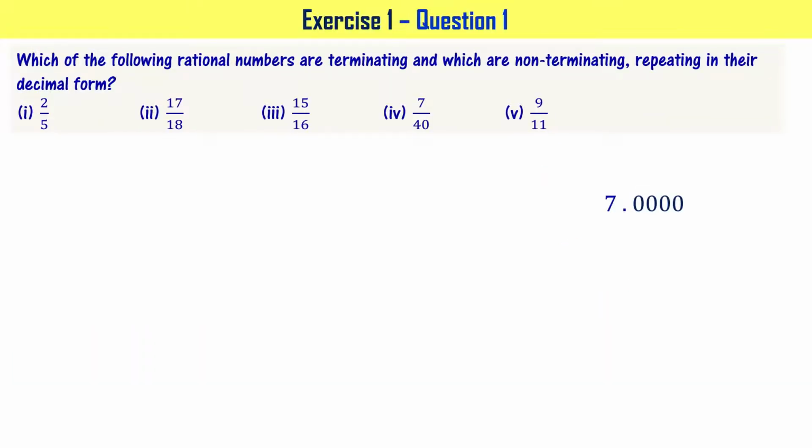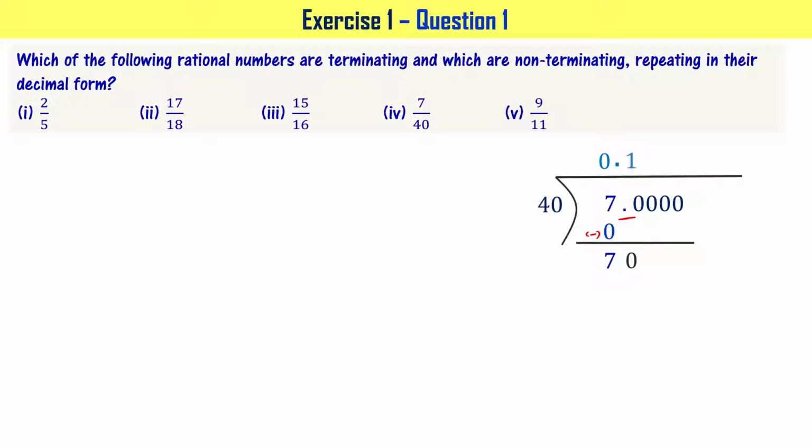Let's divide 7 with 40. Let's go with long division method. 7 is smaller than 40, right? So 0 times 40 is 0. Let me subtract 0 from 7 so that you have 7 as the answer. We have dot here. Let's put dot in the quotient also. Now I can bring 0 down so that it becomes 70.